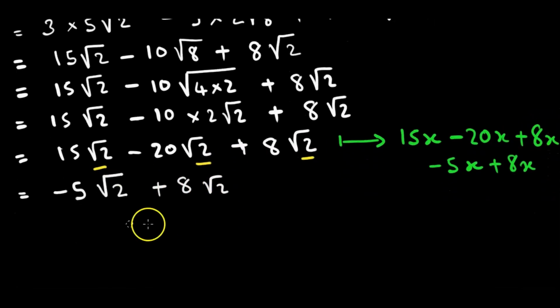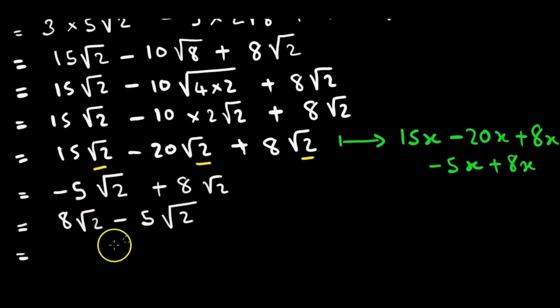Then, what we should do here is rearrange so that we start with the positive. The signs of the numbers we have are two: 5 the square root of 2 and 8 the square root of 2. This is a negative, minus 5 the square root of 2. That is a positive, 8 the square root of 2. So what we write first is 8 the square root of 2 then minus 5 the square root of 2. If we start by writing a positive when dealing with these numbers, it becomes easier: 8 the square root of 2 minus 5 the square root of 2 gives 3 the square root of 2.